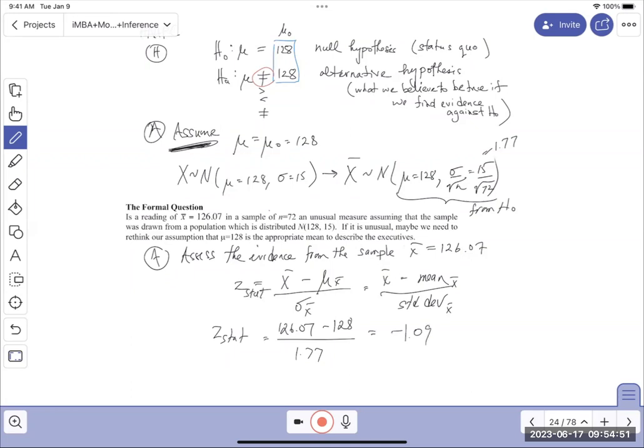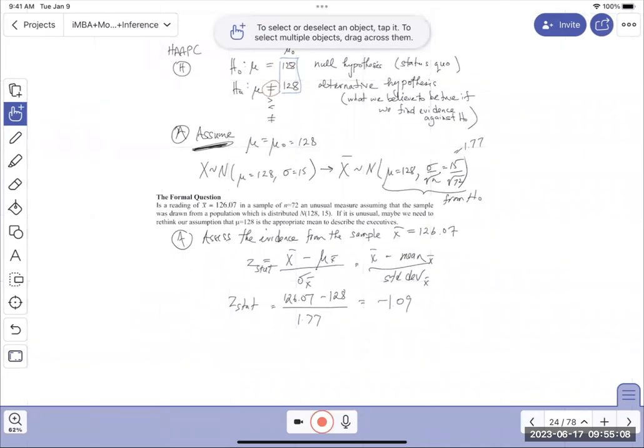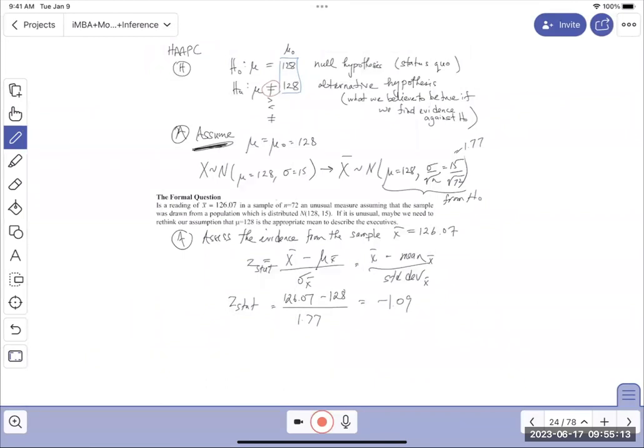So it's not an outlier, right? It's not that different. It's 1.09 standard deviations below. So we did not find evidence to refute the 128, but we want to put it in terms of probabilities, as opposed to talking about standard deviations from the mean. Okay, so we're going to convert this and do the next step called the p-value step,